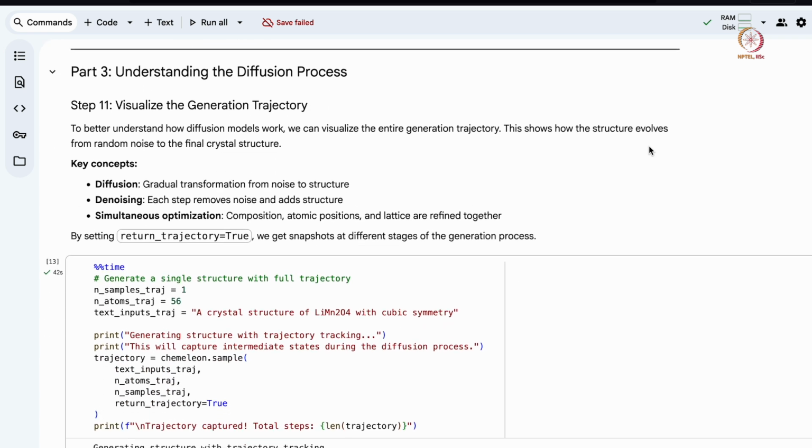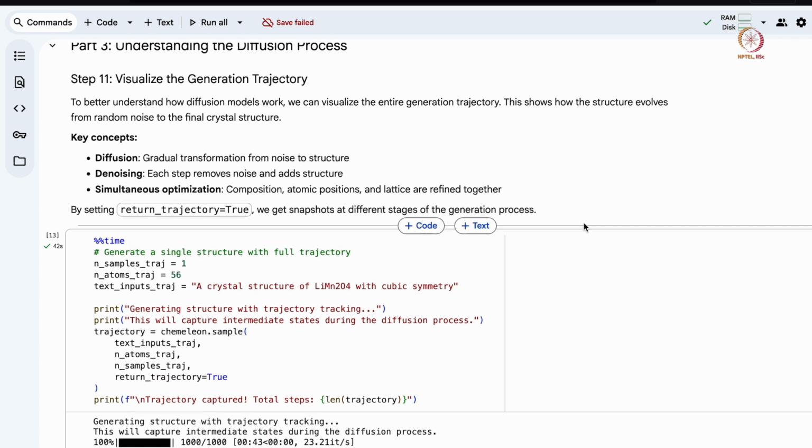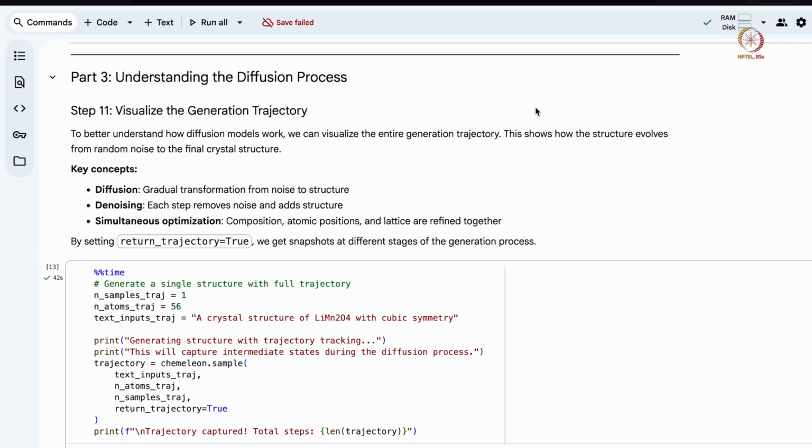Now we will try to visualize how the diffusion process is happening. What we saw was we gave a prompt and we saw the final structure, but what was happening in between those steps? We are trying to visualize the diffusion denoising steps.